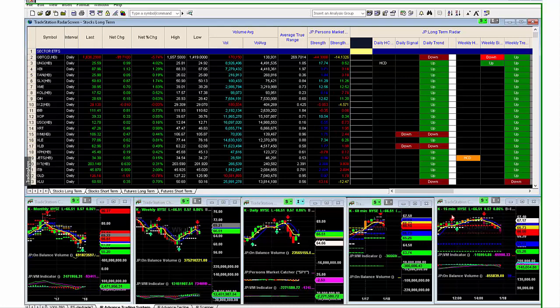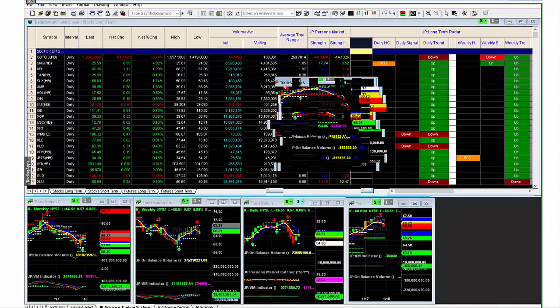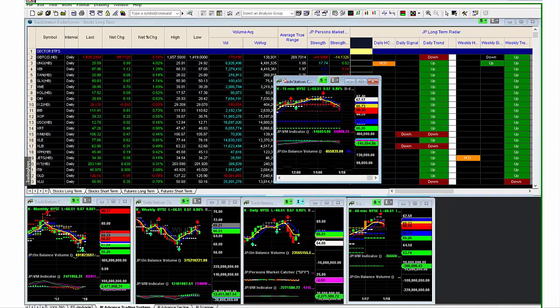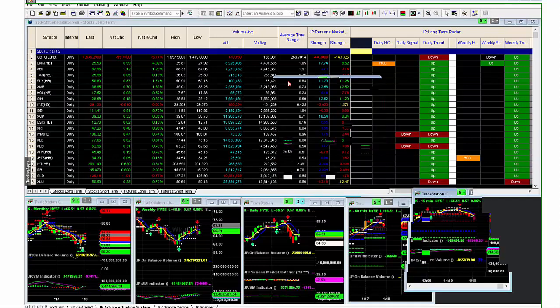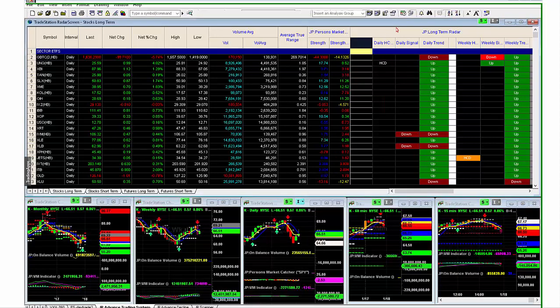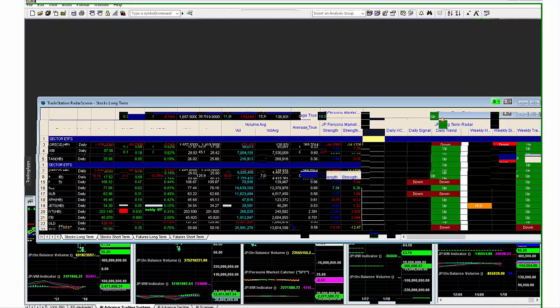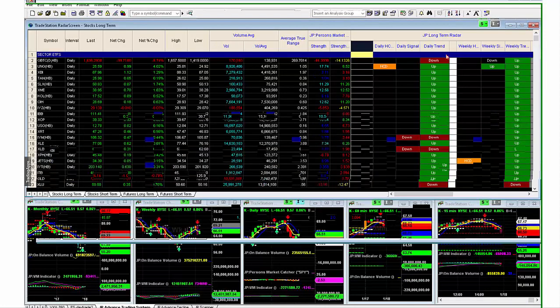Now, this would be called an individual or independent chart. TradeStation nomenclature would consider this a window. Why? Because if you name something a chart, close the graph, here's the funny thing. I have right here a radar screen. It's not a graph, but it's a window, correct? So currently I have windows within a workspace.